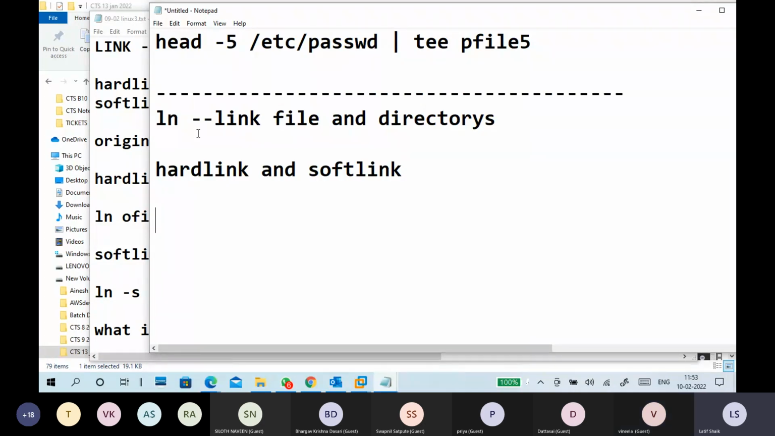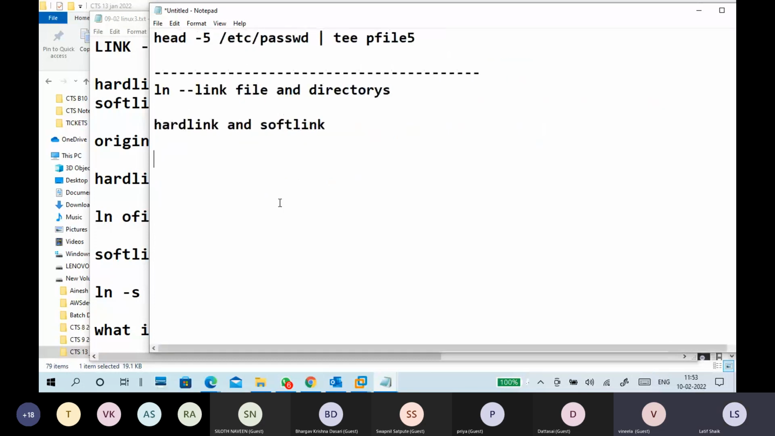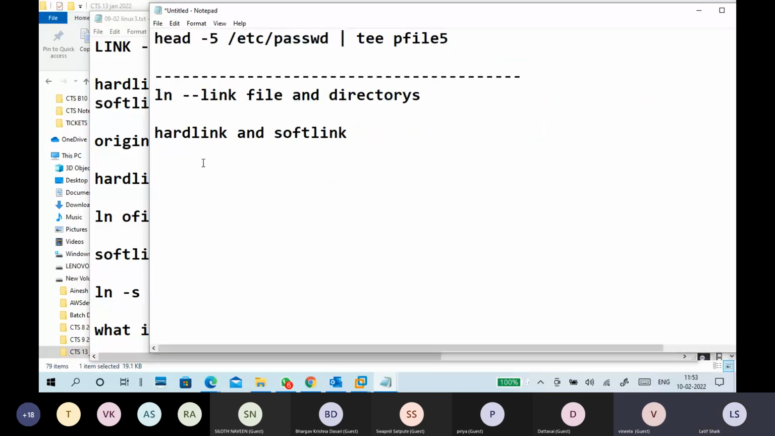Okay, hard link and soft link. So with ln, I create an original file. The original file is my ofile1. So ln ofile1 hfile1, that is the example I'm taking. So hfile1